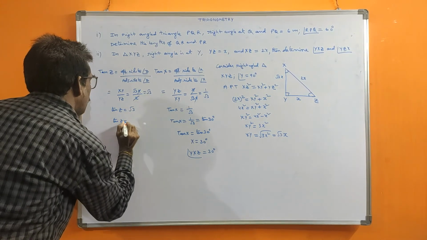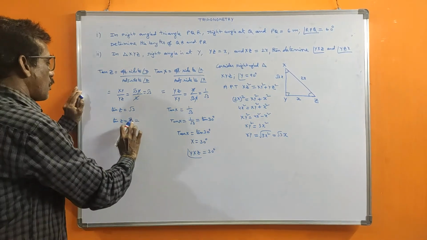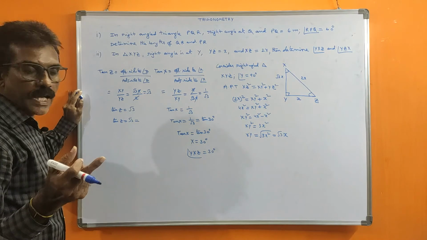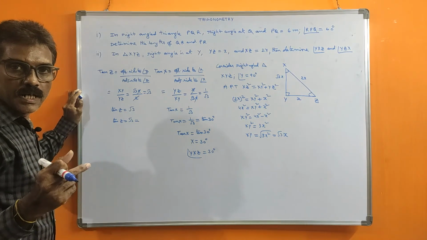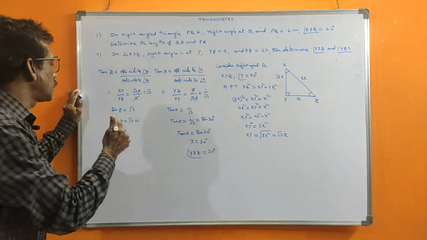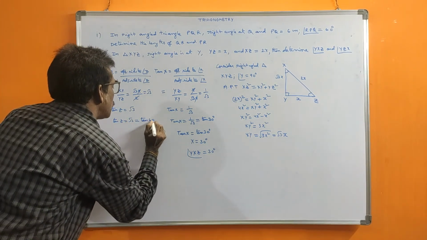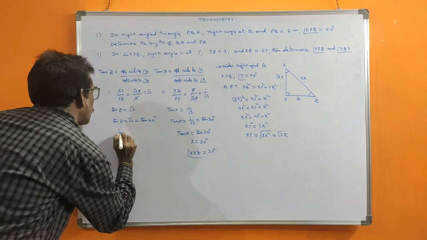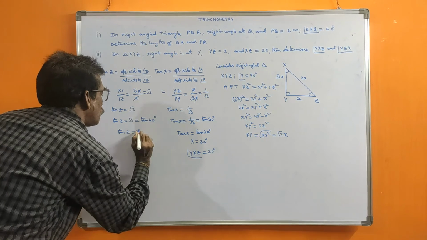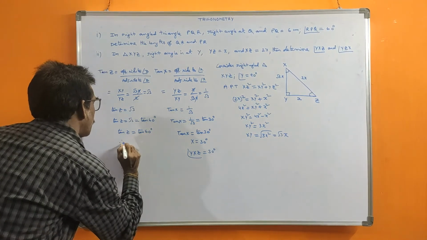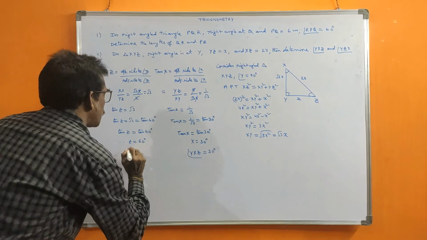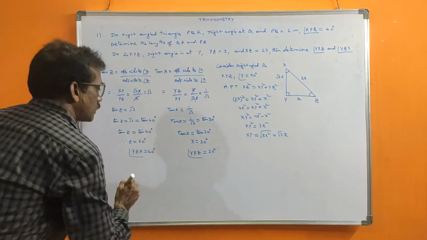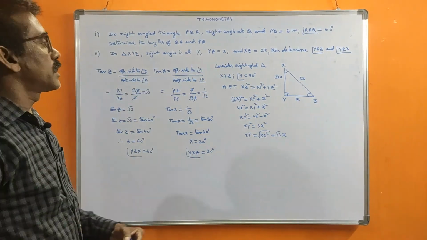Now, tan Z value is root 3 means for how many degrees tan becomes root 3. See, tan 0 is 0, tan 30 is 1 by root 3, tan 45 is 1, tan 60 is root 3. So this is equal to tan 60. The tan 60 value is root 3, that's why we can write it. Both are equal, so tan Z is equal to tan 60. Therefore, Z should be equal to 60 degrees. Z means angle YZX, that is 60 degrees. These are the given answers we got.